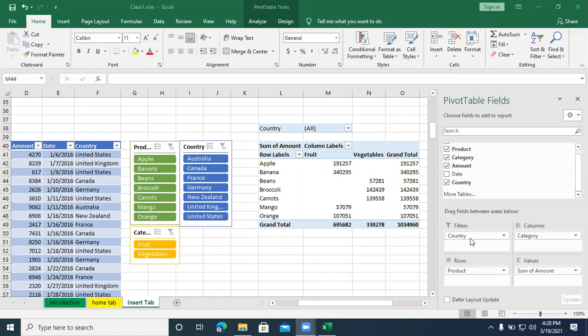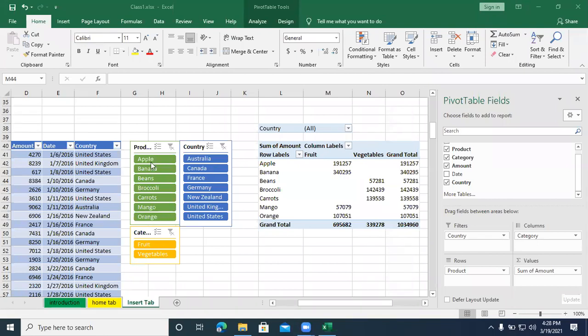Ma'am, I joined a little late. Can you explain what the tables in color are? Sorry, ma'am, the tables next to the PivotTable, what are those? Product, country, category, right?